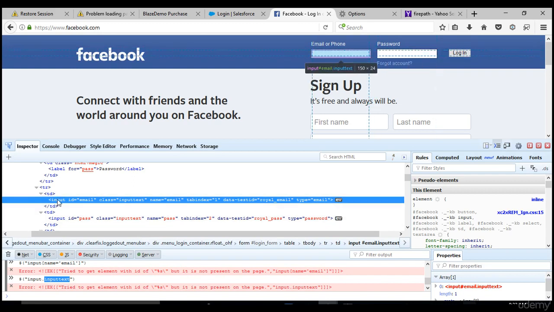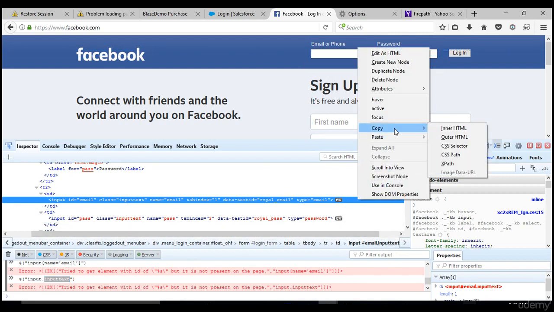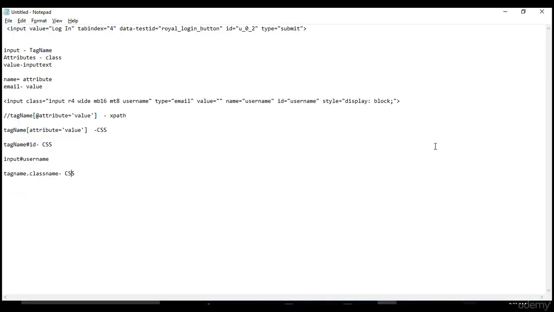Okay, so in that way you can also form it like this. And if you see here, CSS, what it is giving, tag name slash email, I think it's an ID. Yeah, you see that ID. Okay, dot class name. If you right click, copy CSS selector and paste it here, you see hash email. So what is this?